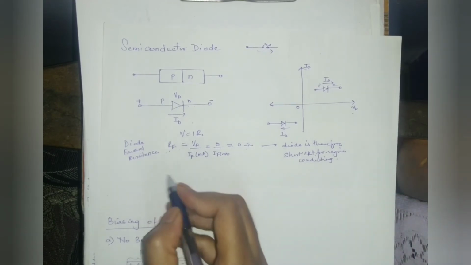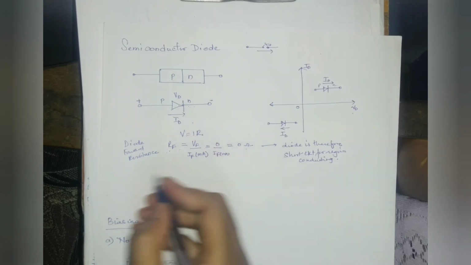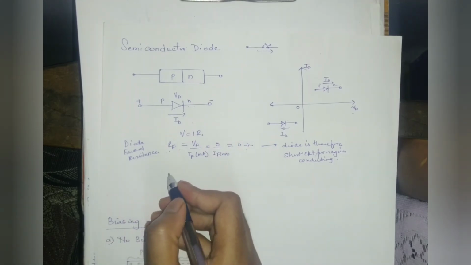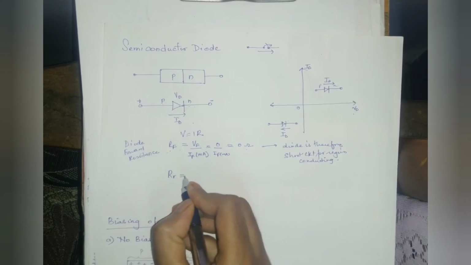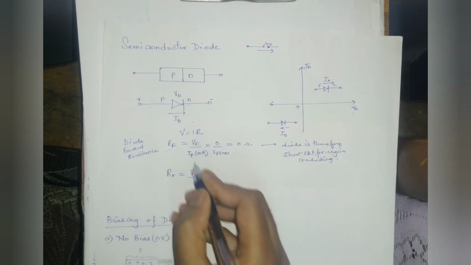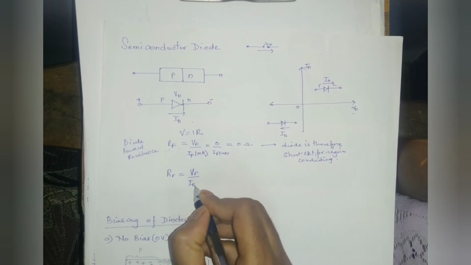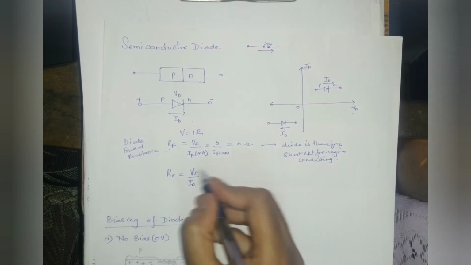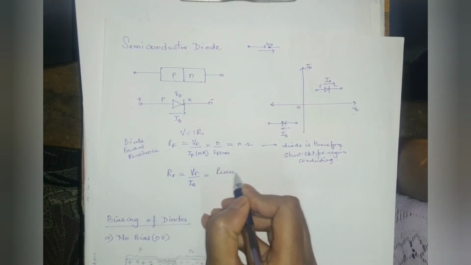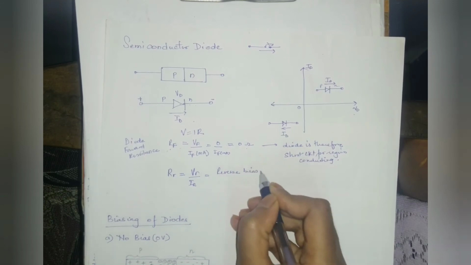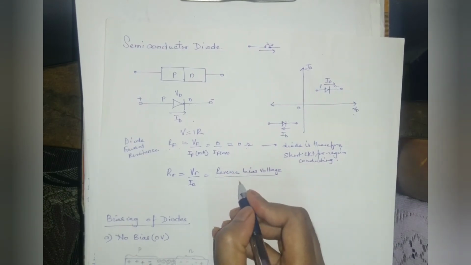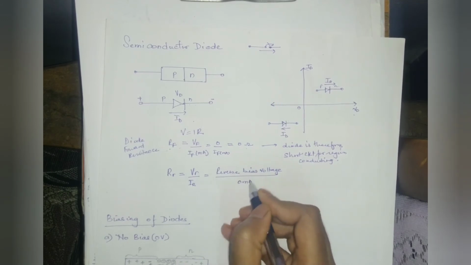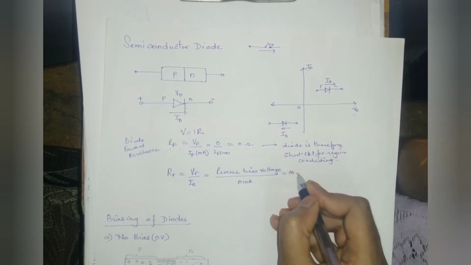Okay, now we'll see the reverse bias resistance, RR. What do you mean by the reverse bias resistance? It will be the reverse voltage upon the reverse current. Here the reverse bias voltage will be there, but the current is not flowing since the diode is reverse biased, so this will be 0. So 1 over 0 is infinity, so infinity ohm.